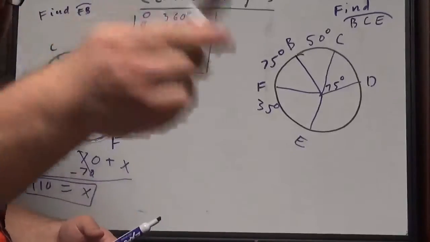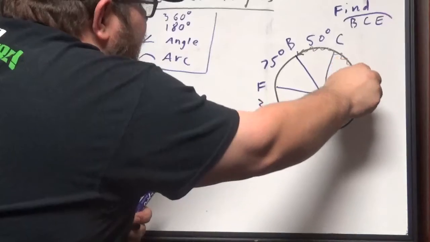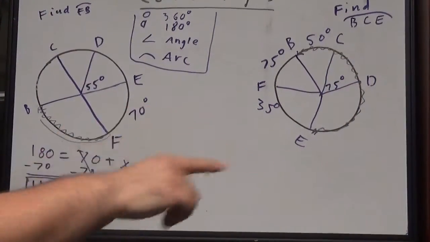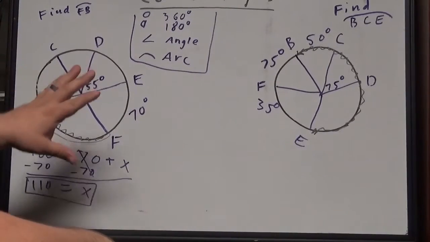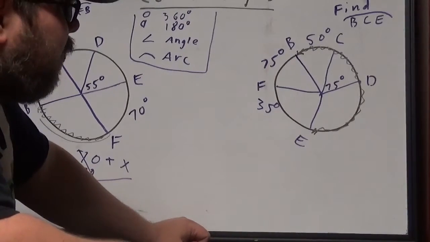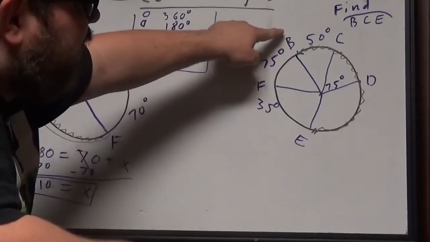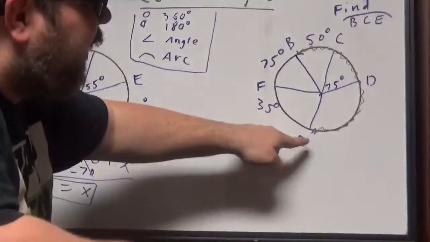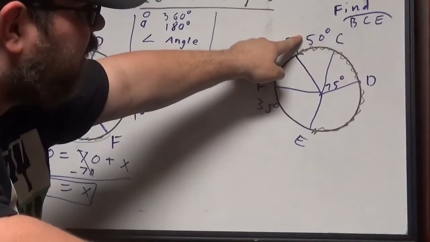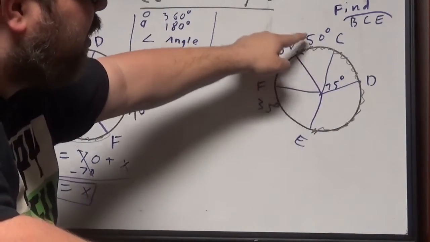So, let me get the good old brown one again, and I'm going to color in what we want defined. To be clear, when I put X equals this time, that will not be the answer. So here's something very important. We need to know the measure from B all the way around to E. Well, we see a 50. Now remember, this is finding the arc, it's not the angle. But the arc and the angle are the same. So 50,